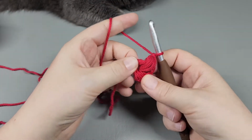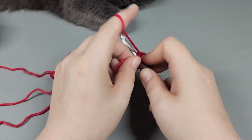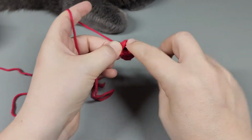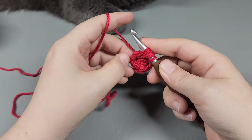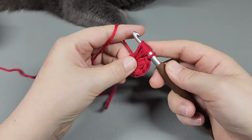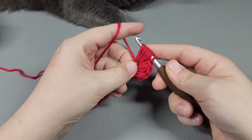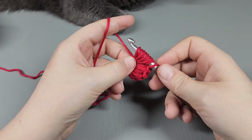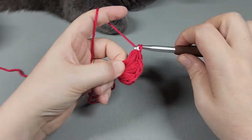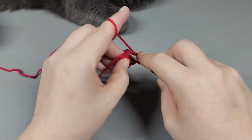Chain 1. So I'm going to turn this just a little bit. I'm going to start again: yarn over, go in, pull up a loop. 1, yarn over, go in, pull up a loop. 2, yarn over, go in, pull up a loop. 3, yarn over, go in, pull up a loop. 4, 9 loops, yarn over, go through all 9, chain 1, and 1 more into the ring, yarn over, go